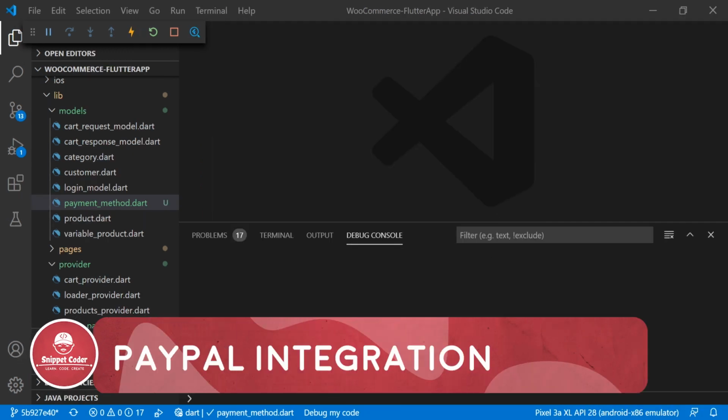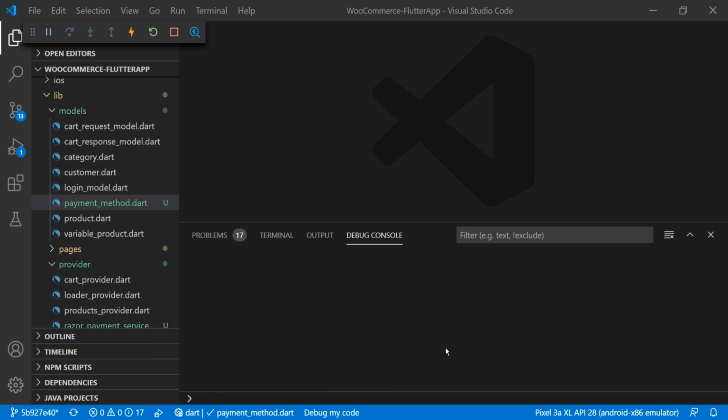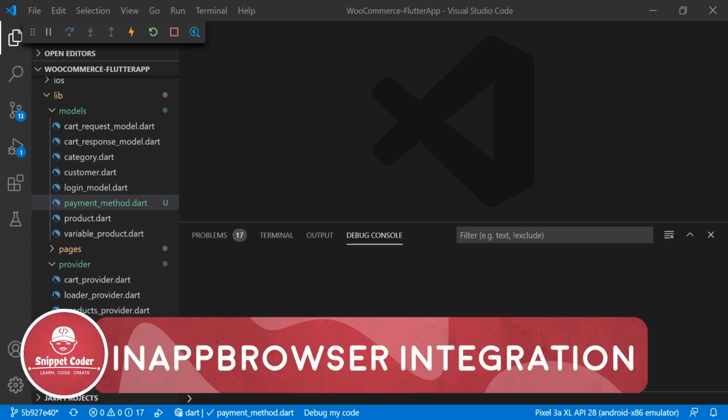So now we will do the integration of PayPal. For doing that integration, before that we have to do the integration of the in-app browser, and for that we will use the plugin of Flutter in-app web view.